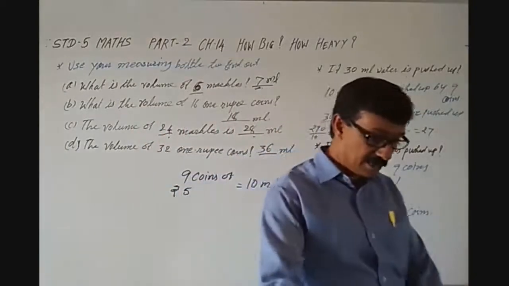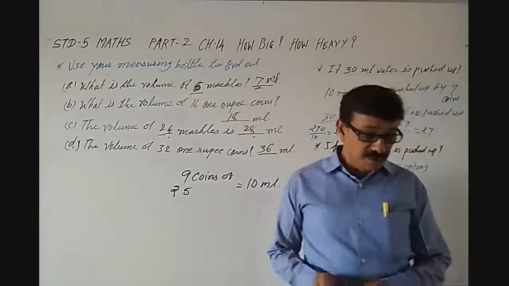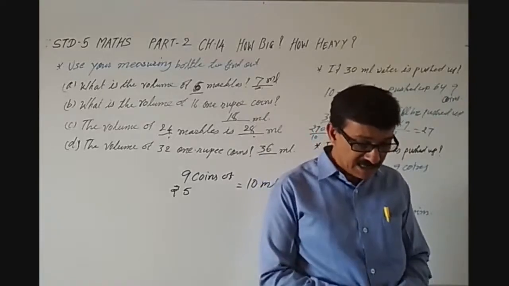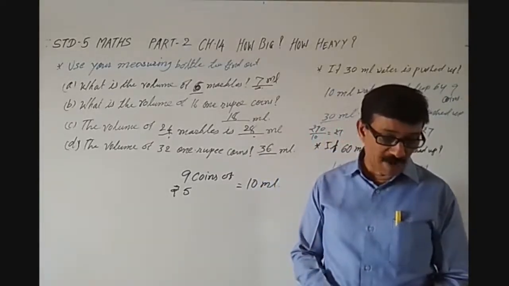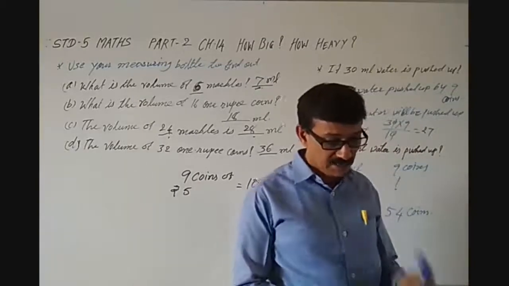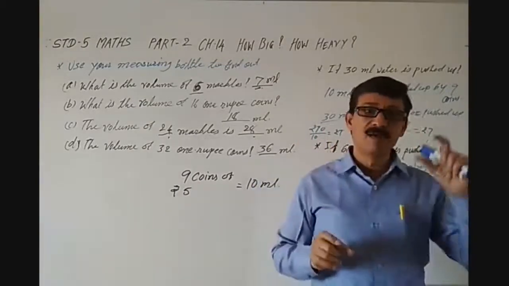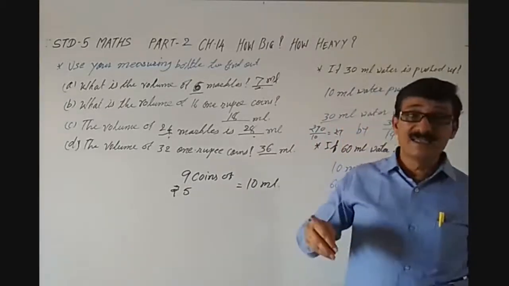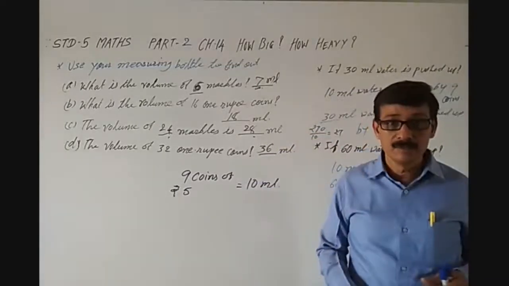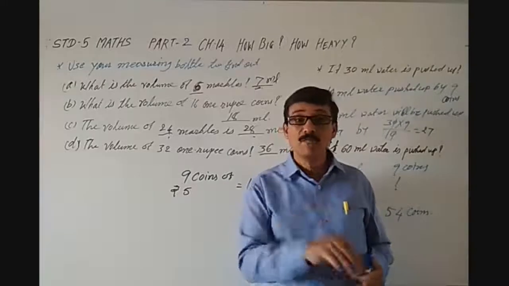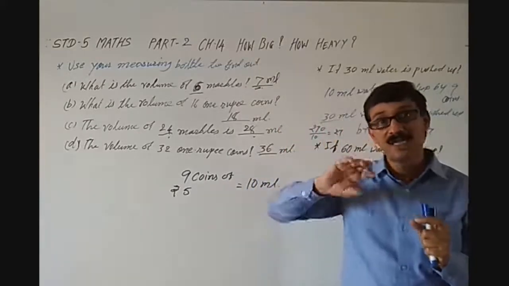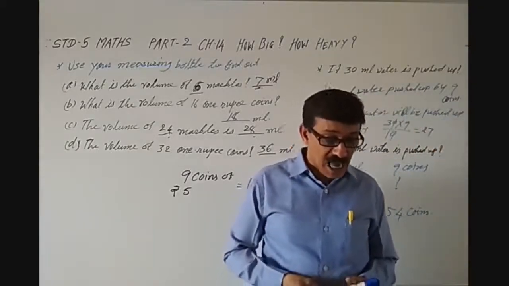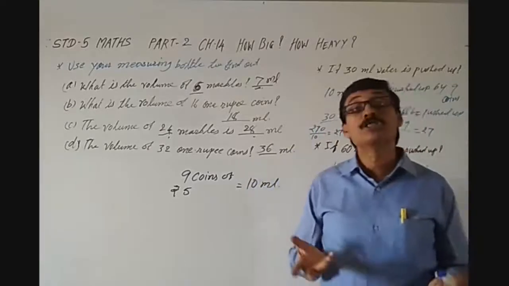And some more is there, that first guess, and we are on page number 190. First guess and then use the measuring bottle to find out the volume in ml of some other things. Suppose you take a lemon, a ball, a potato, an eraser, okay, and put it into your measuring bottle, and find out the volume, how many milliliters of water it pushes. And the last question, guess how many liters of water your body will push up.